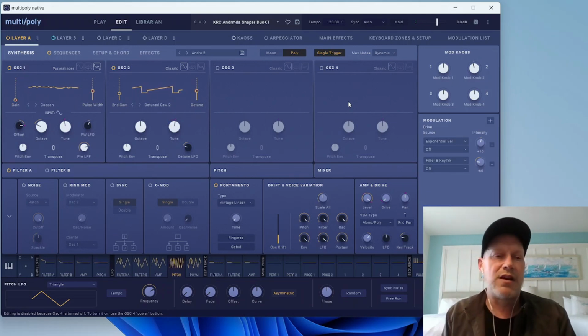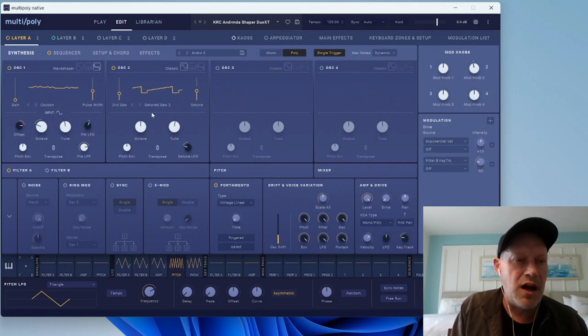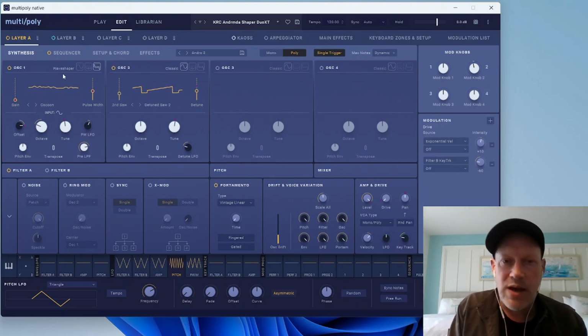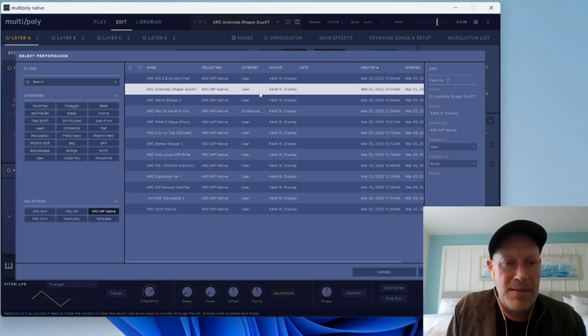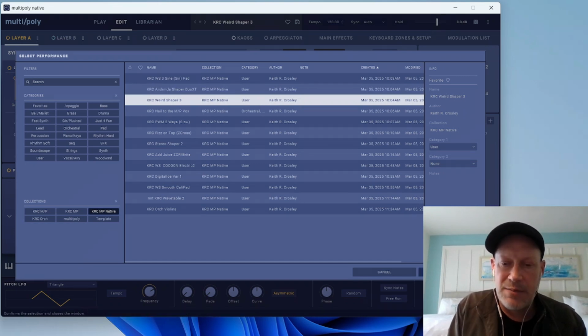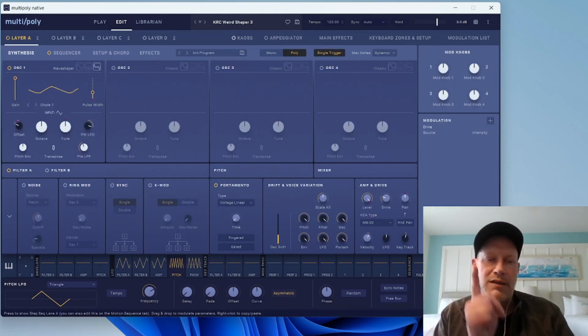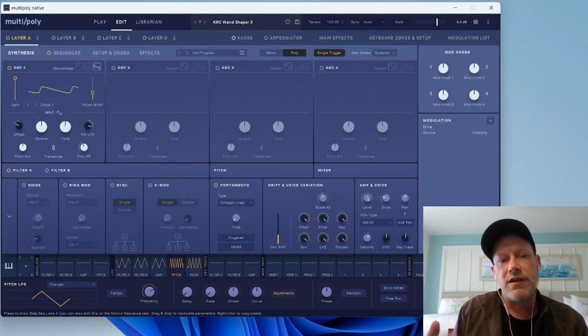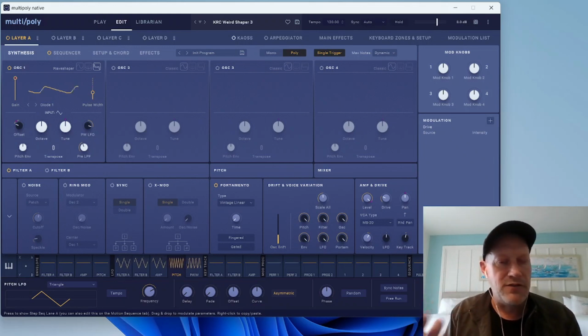So this is using a combination of the detuned saw oscillator and a wave shaping oscillator. Let's move along. A lot of people commented on this patch from my first Korg Multipoly video, where I was